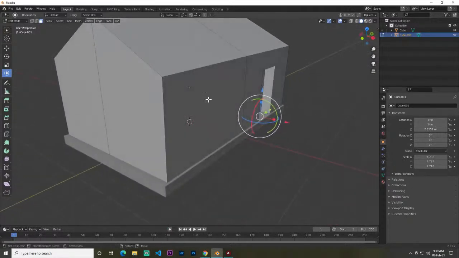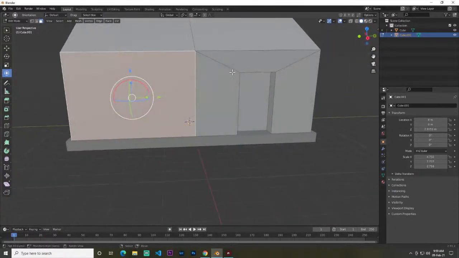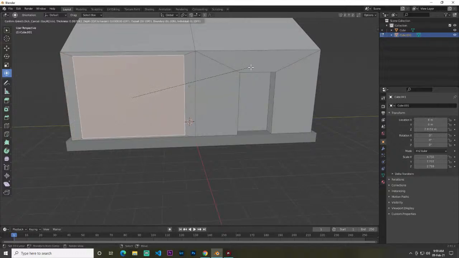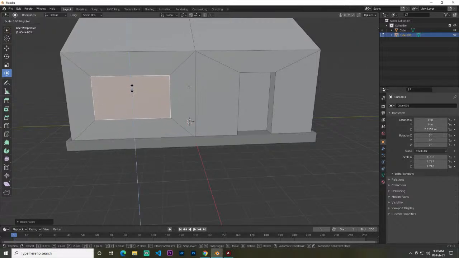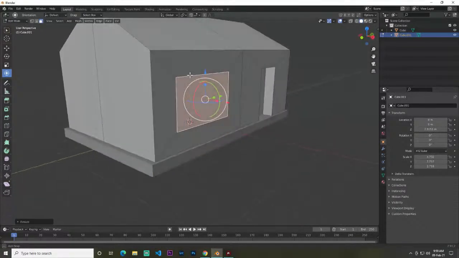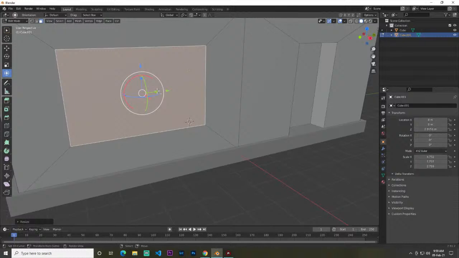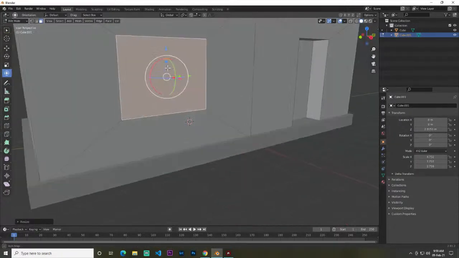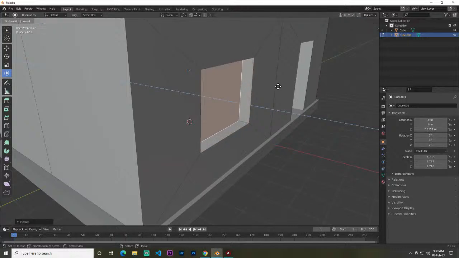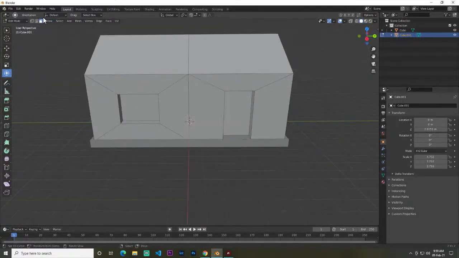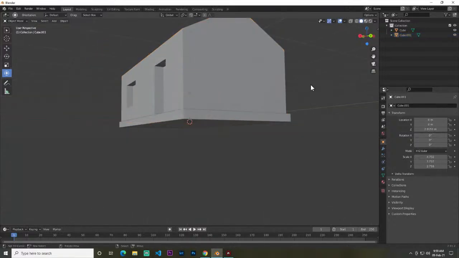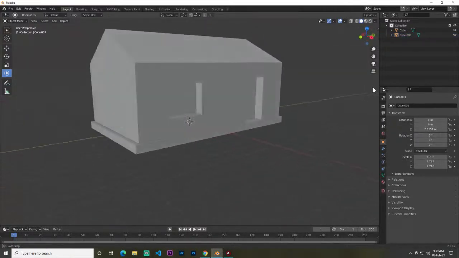Then we'll simply add here a window, so same, I to inset, like a window, and then just simply scale down like a window. I think this window is so much big, I don't think a house has such a big window. Okay, maybe it's good, and then same, E to extrude for the window, and yeah, now it's looking like a house. If we go in the object mode, you can see better that it's looking like a house,